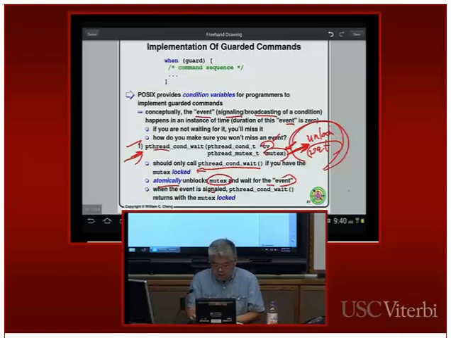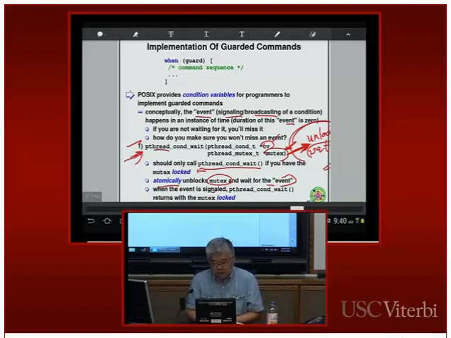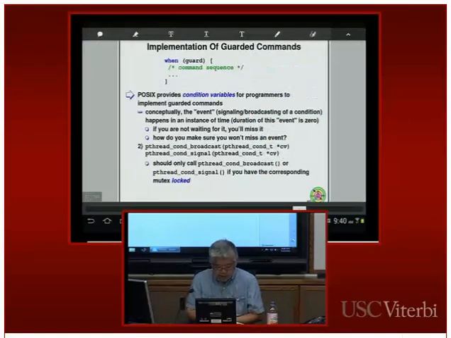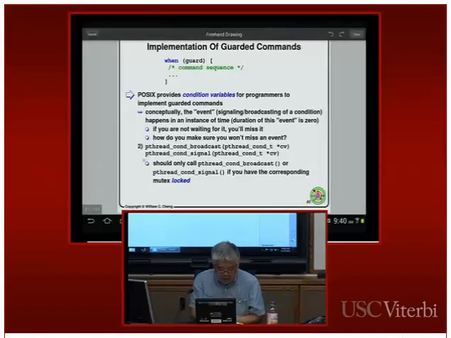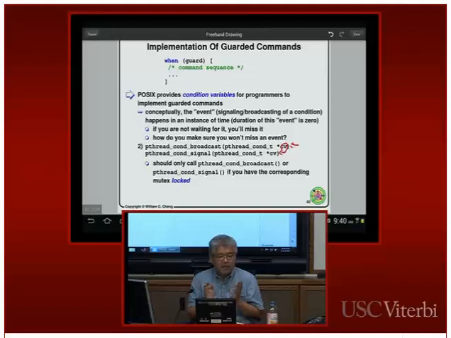All right, so this is for the thread that needs to wait for the condition. For the thread that needs to signal the condition, it needs to call either pthread_cond_broadcast or pthread_cond_signal. And these only take one variable, the condition variable. In this case, they don't need a mutex, but it's important that if you want to call pthread_cond_broadcast or signal, you should have the